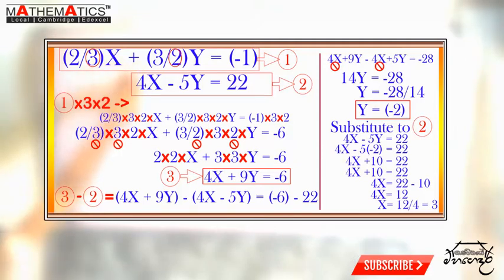Now 3 over 2, multiply 3, again multiply 2, again multiply with y, which was already equal to minus 1. Minus 1 also should be multiplied with that common multiplication part, which is 3 and 2. Now consider the first line of that multiplication line, and after that